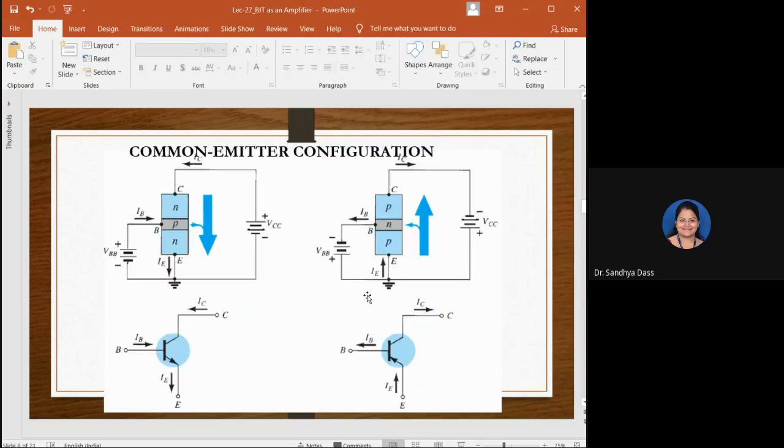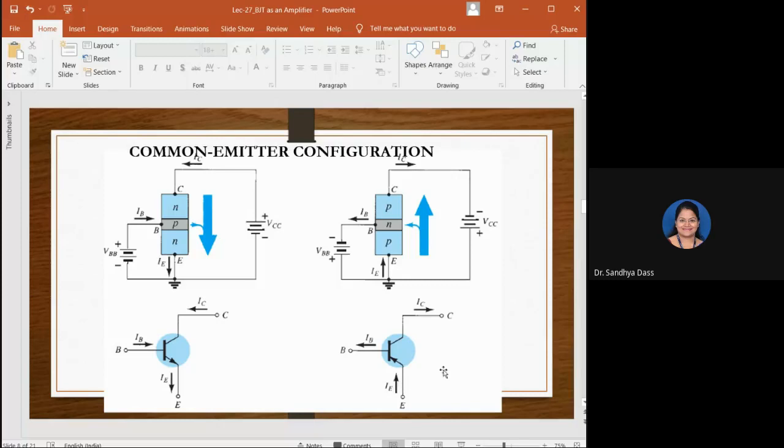Okay, so coming back to this common emitter configuration, this is the widely used configuration, and it is used for amplification, because the amplification process in common emitter is better or larger compared to the other two configurations. So common emitter is mostly used for amplification. If you are using BJT transistors for amplification, then the BJTs will be used in common emitter configuration.